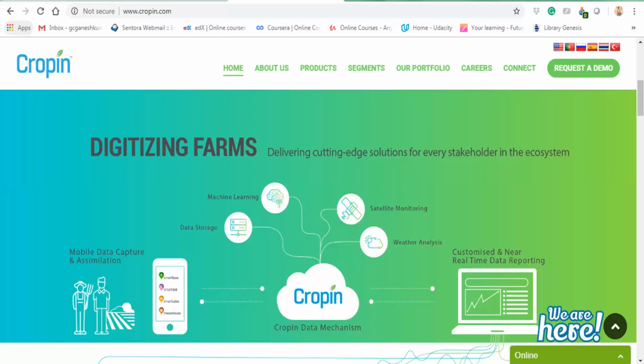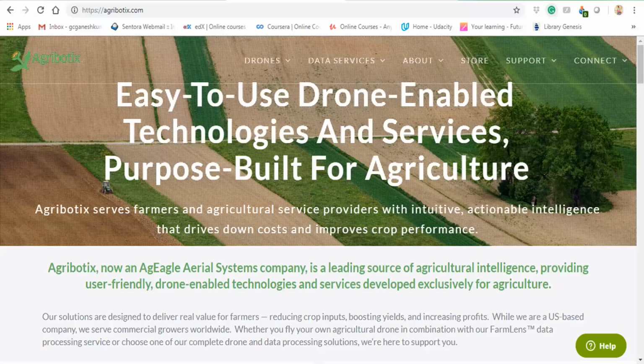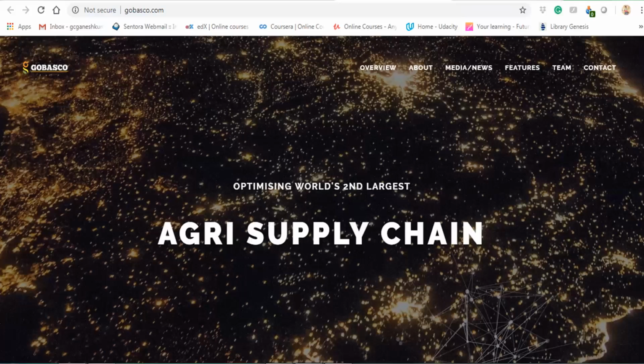There is also something called IBM Weather. That is for an international company, and this is for Indian-based companies. So just check these companies. They are also working in the agriculture sector. Then check AgriGate. This is also similar to Fasal, but they are using it in a different context. Gopus and agri supply chain are using some AI and data analytics.